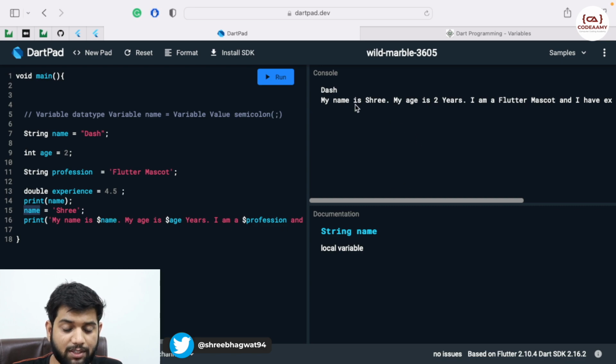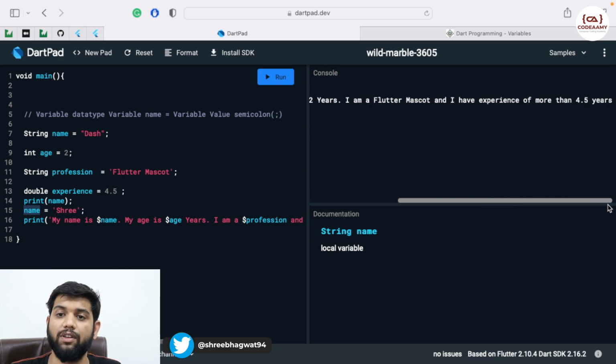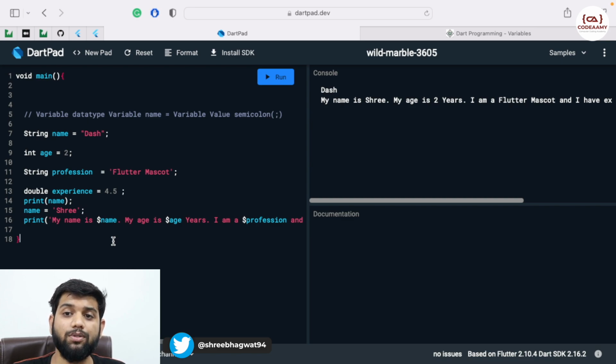So the value over here is my name is Shri, my age is 2 years, and the rest of the string command is same. I am a Flutter mascot and I have experience of more than 4.5 years. Why? Because we just changed this value. So a variable value can be changed, and that is how we use variables inside our application.